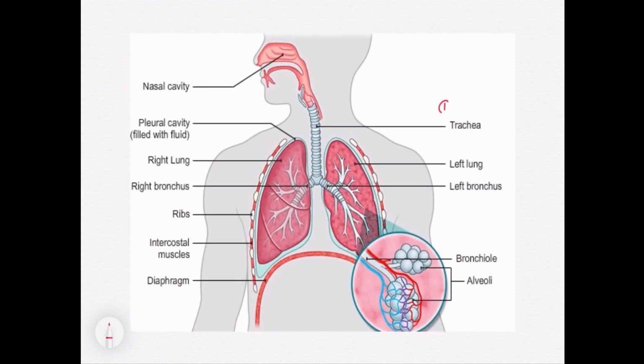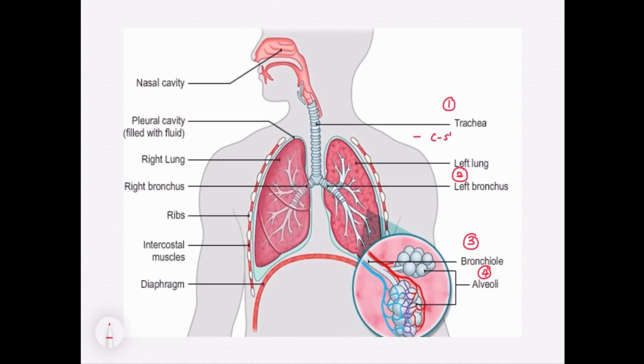Number one, you see the trachea, which will actually branch out into the left and right bronchus. And from the bronchus, they will branch out into more bronchioles, which are located within the lung, and at the end of each bronchiole you will see alveoli, which look like an air sac if you cut the cross section of it. And some structure that is visible will be the C-shaped